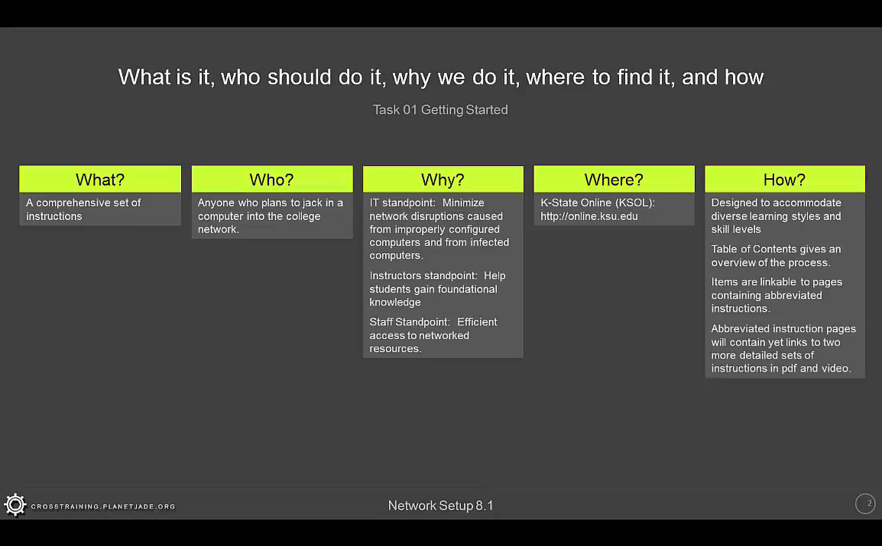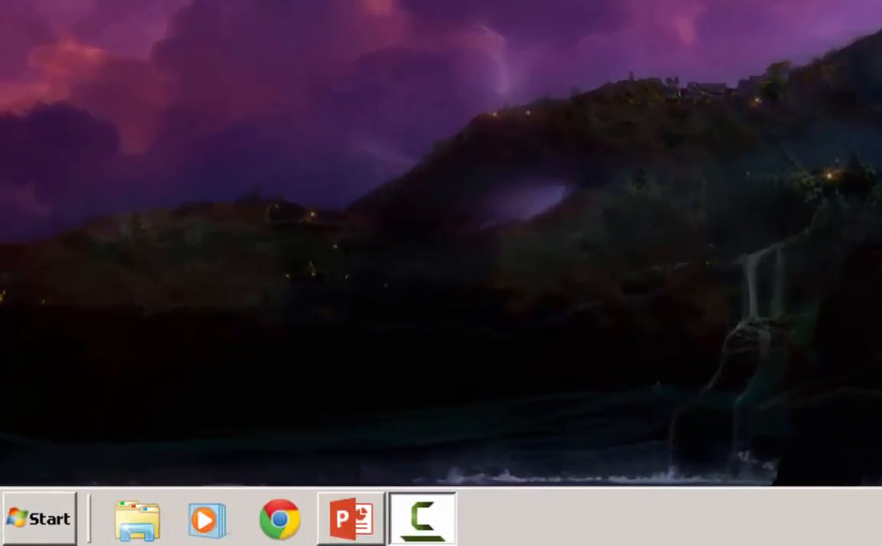Abbreviated instruction pages will contain yet another set of links to two more detailed sets of instructions, both in PDF and in video. PDF and video will contain identical instructions. Choose the one that you prefer. To get to KState Online or the network setup, the first thing that you will need to do is open